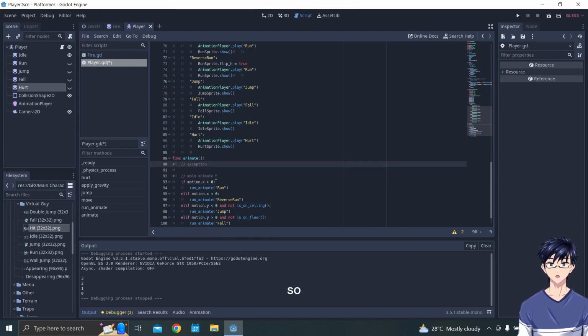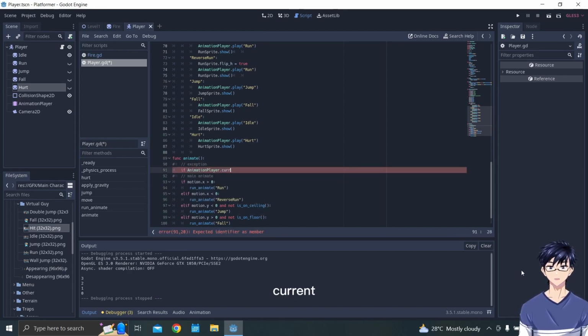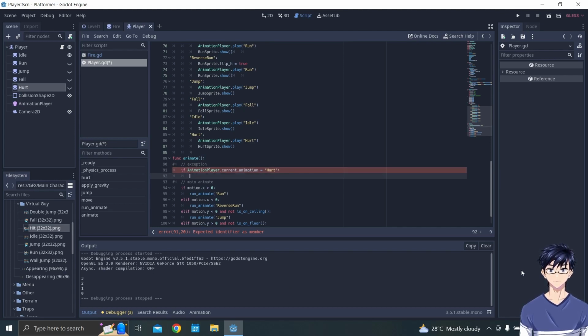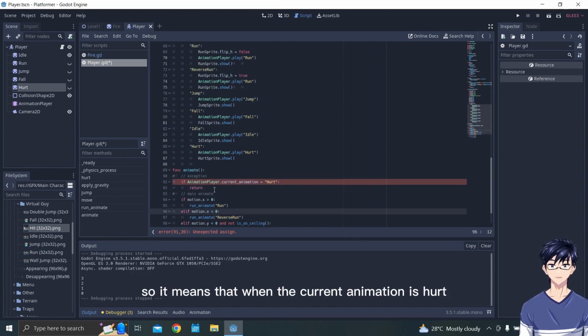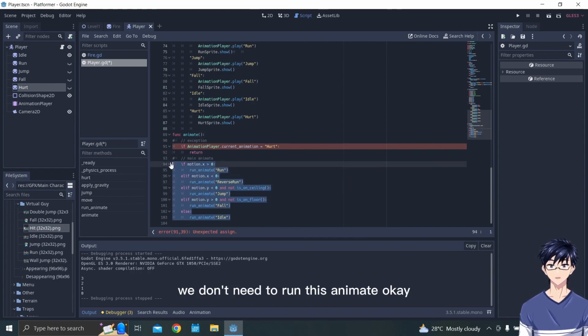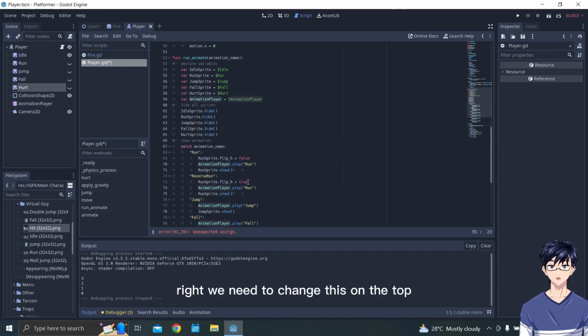All right. So if the animation player current animation is hurt, then return. Okay, return nothing. So it means that when the current animation is hurt, we don't need to run this animate. Okay. All right.